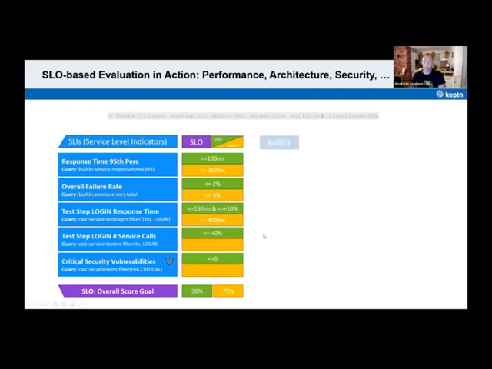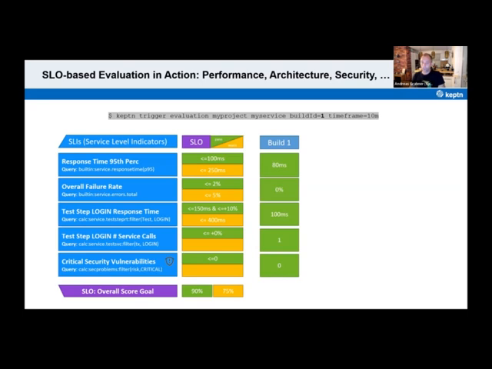So now how does this work in action? If you have set this up, you can say, Keptn, I want you to evaluate my service that I've just deployed. Maybe I've built number one, and I just deployed it into an environment. I ran some tests, and now please evaluate, let's say, the time frame when the tests ran, last 10 minutes. What Keptn does, it reaches out to your observability platform, pulls in all the metrics, compares them. Remember, the Lighthouse service compares it against the thresholds, grades every single metric. And in this case, build number one, everything seems to be in the green range, which means we're getting 100%